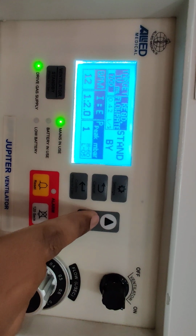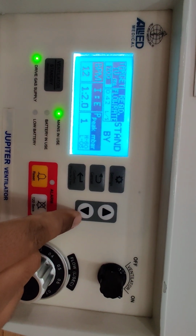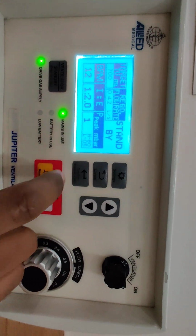So if I want to select the target volume as 700 ml right now, I have selected it at 700 ml, and for confirming this I have to press and hold this confirm key for 2 seconds. So now this